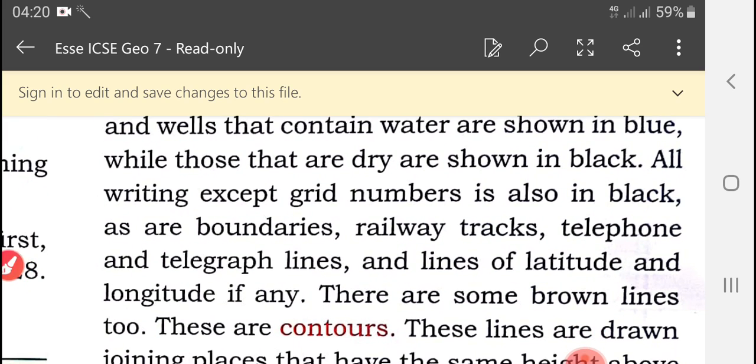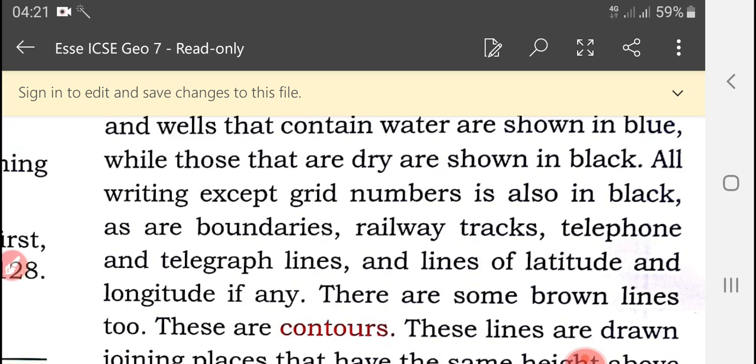Now let us see, for example, one well. For wells, the conventional symbol is a dot. If we show that dot in blue color, then we can understand that the well contains water. If it is a black dot, a dark dot, then we have to understand that the well does not contain water.